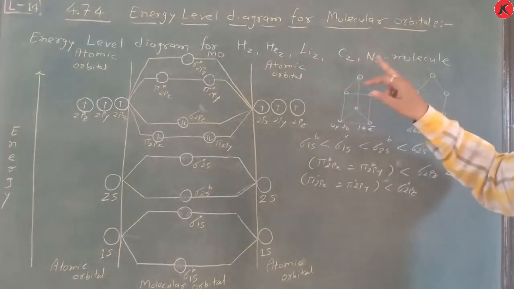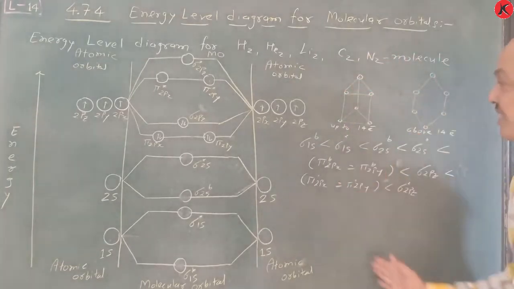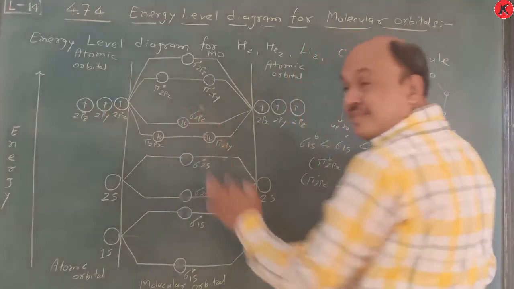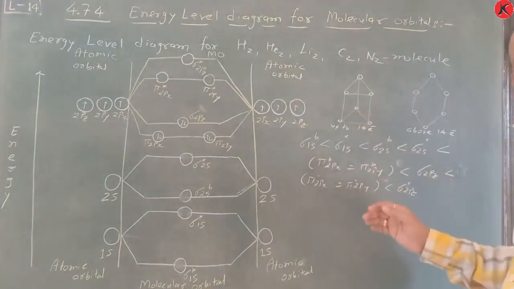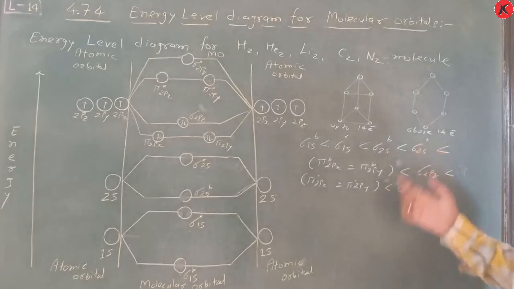So take a screenshot of this and we switch to the next topic, that is for O2, F2 and Ne2 molecule. Okay, so write it completely. Take a screenshot of this. Remember it. Don't write this, this is only an example. Okay. Now we switch to the next particular topic, O2, F2 and Ne2.